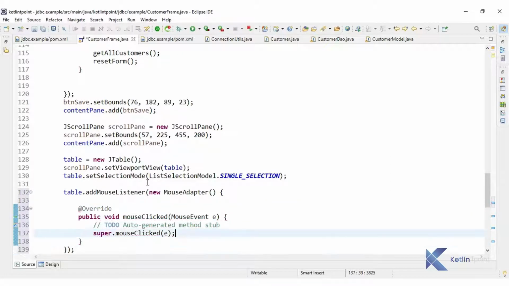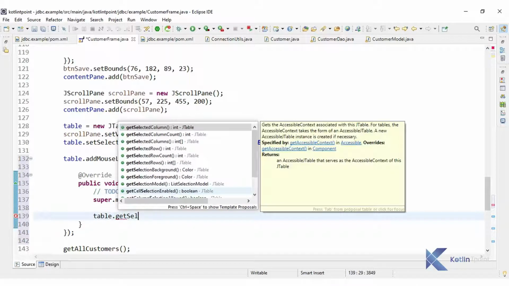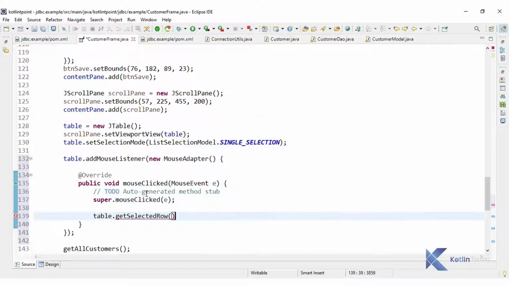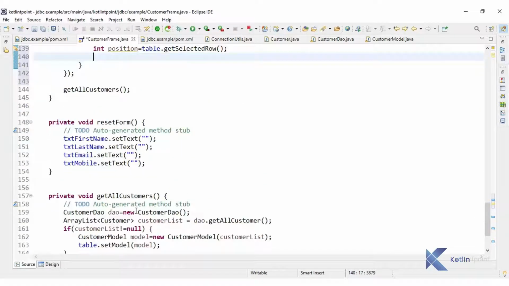Inside mouseClicked I will confirm which row is selected by the user, and for that you can write table dot get selected row. Here you will get the position of the selected row, and that position will be the same as in our data, that is the array list.